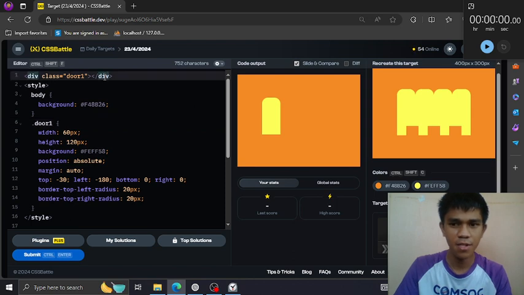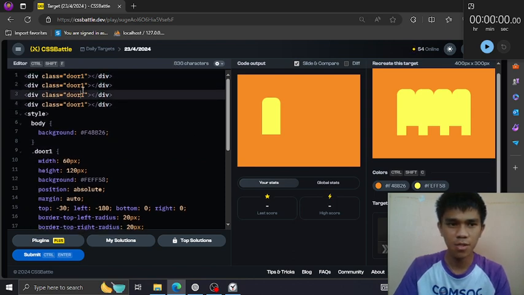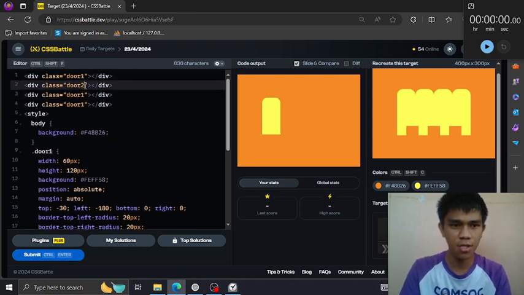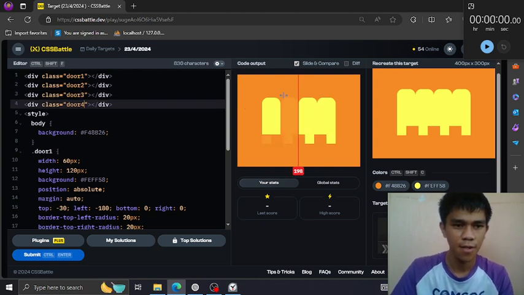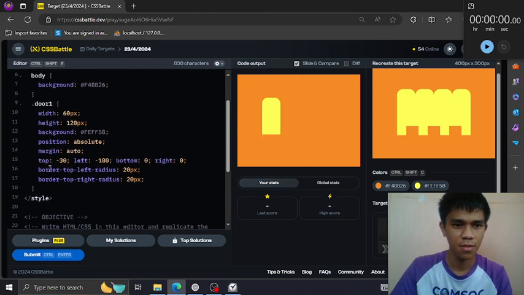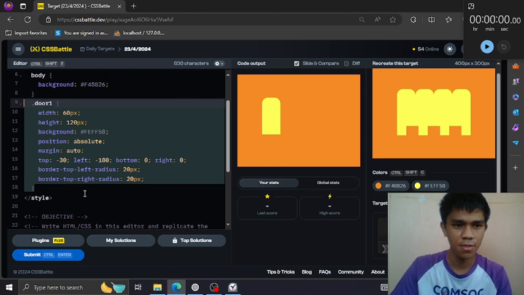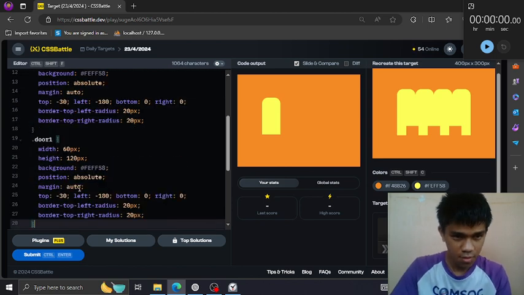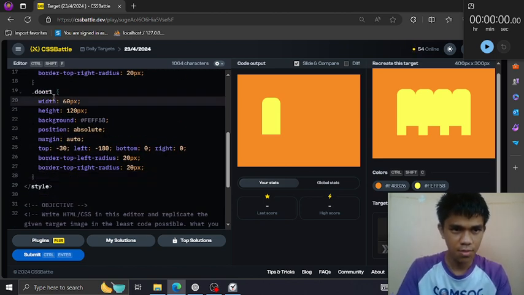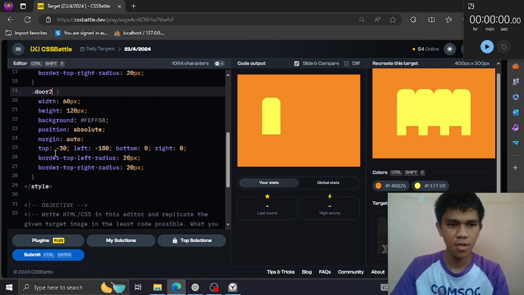And actually, if there's door 1, there's door 2, and so on until 4. Door 1, copy the door 1, paste, rename to 2. What we will adjust here is the sideways.